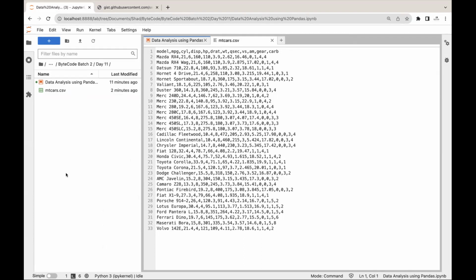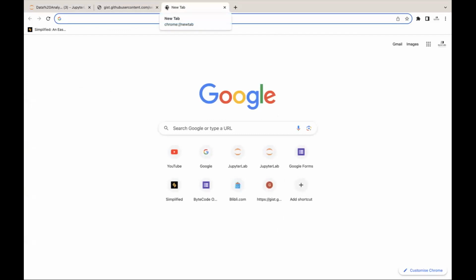I have also uploaded the file on the chat. You can just directly download that file. And you should be able to see this empty cars.csv in your Jupyter Lab. And if you guys are using Google Colab,